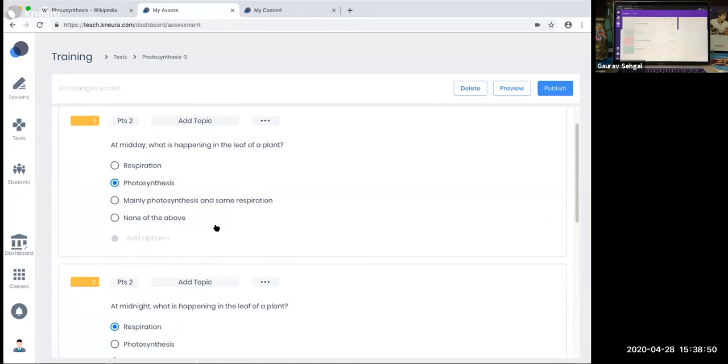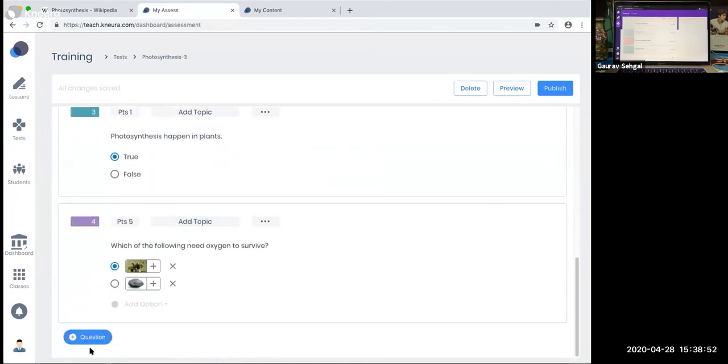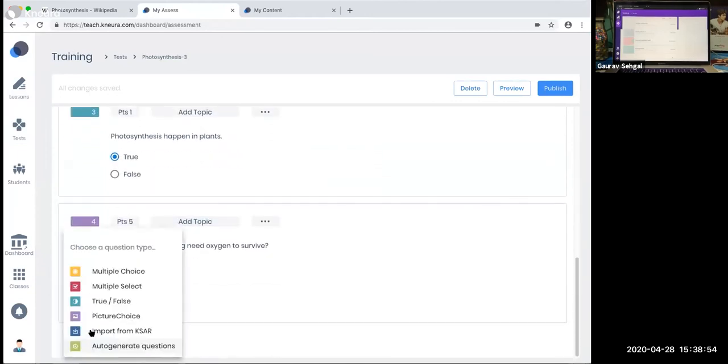Here you have a lot of options to create questions. You can create multiple choice questions, or true and false questions, or a picture question where you can say which one is right. You also have an option to import from SAR. This is basically your content course management repository. If you have added questions there, the questions can be pulled in here directly into the assessment. So now you see the entire platform is viewed together. Whatever you have done in one place can be utilized in many places.